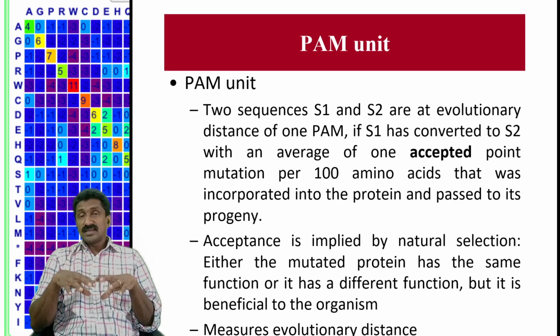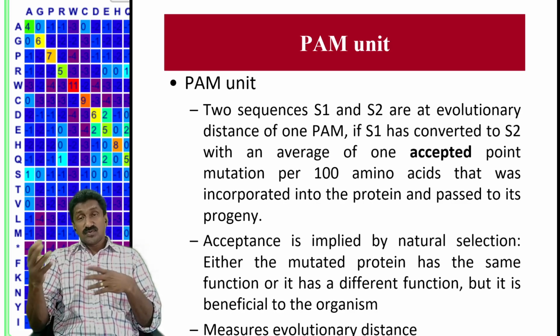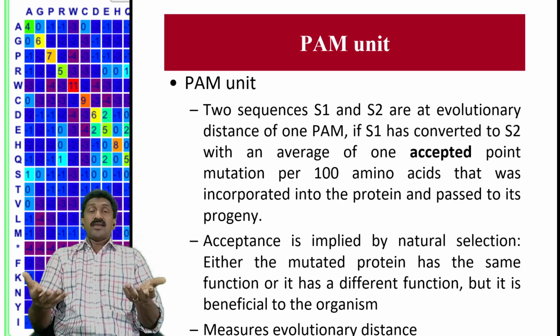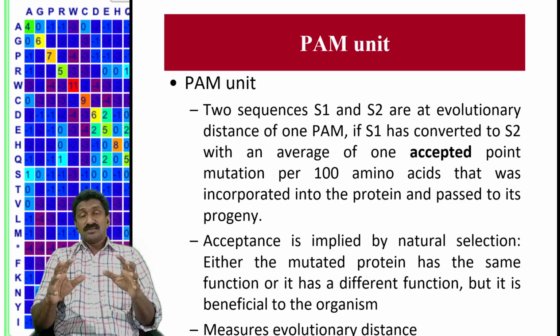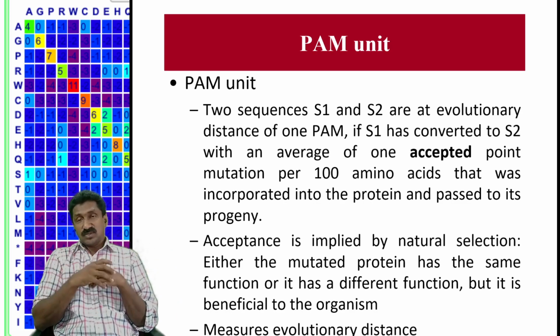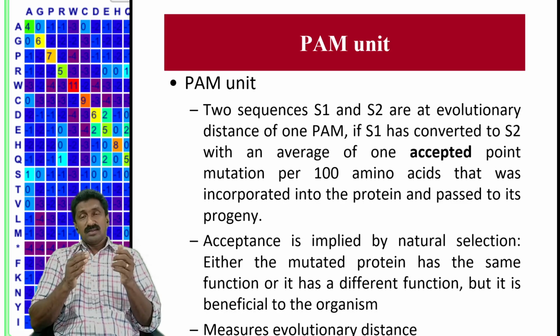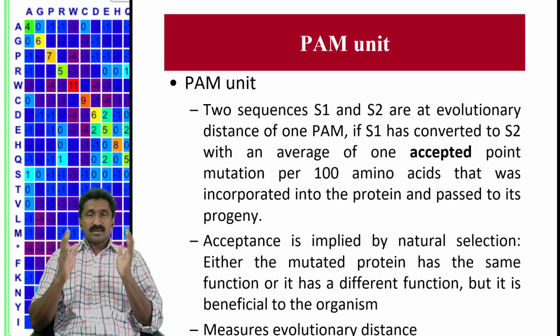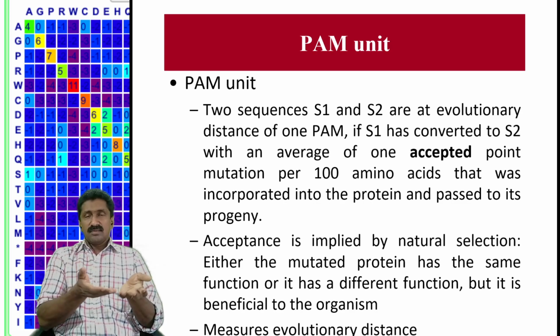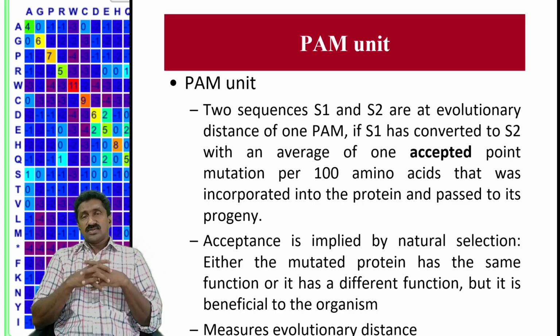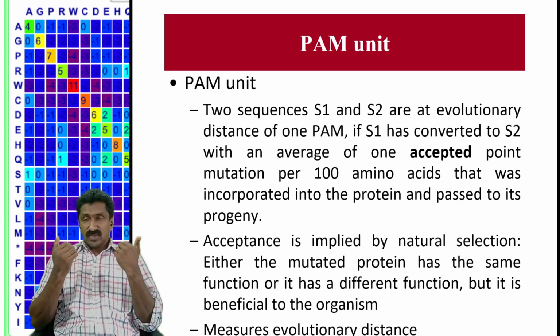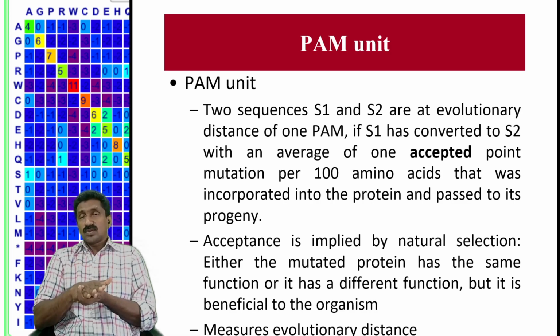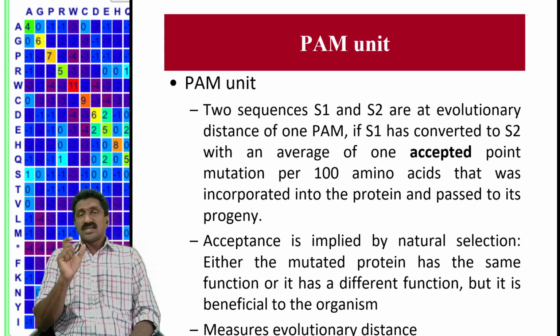So usually that indicates a longer evolutionary period, and PAM 250 means maybe 2500 million years may be required for changing 250 times the amino acids in the same sequence. Whereas PAM 1 means one editing is done in, say, 100 amino acids, and that is probable because maybe in a very short period that change can occur. So if you compare two sequences with a very low PAM score, then that means they are very closely related. Very slight changes were there.